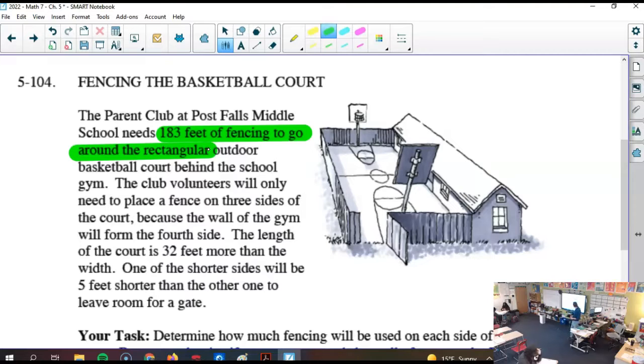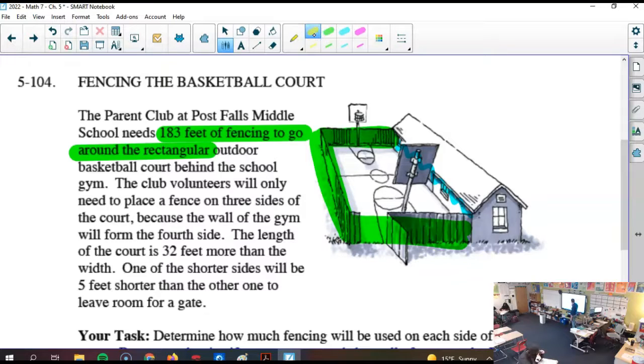What do you notice about the picture that they show us? What, Aiden? The building is one side of the court. So how many sides of the court do they need to fence? Only 3, right? So they only actually need to fence out 3 sides of the court. And then they tell us,